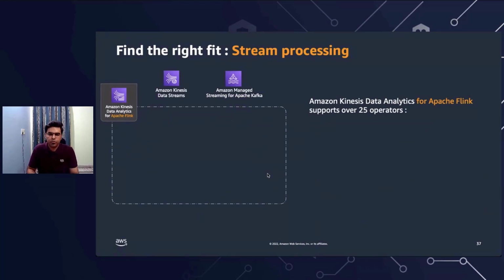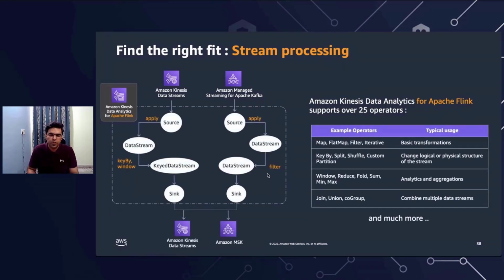Diving a little deeper into the possibilities, the Apache Flink project supports over 25 operators. What that essentially means is, in this scenario, let's say you have a Kinesis data stream and a Kafka. If your code is written in a way that you are creating sources for both of them, logically a data stream object of the DataStream class is created, which can then be keyed by, windowed, or filtered as per our use case. So you can define a window of tumbling or sliding logic using this streaming data, and then dump to